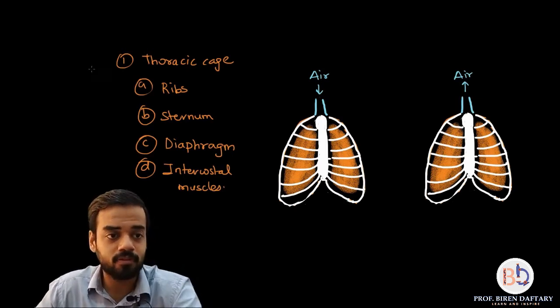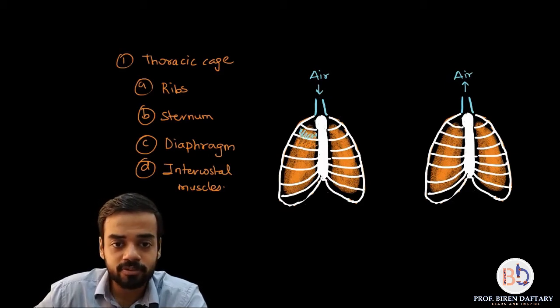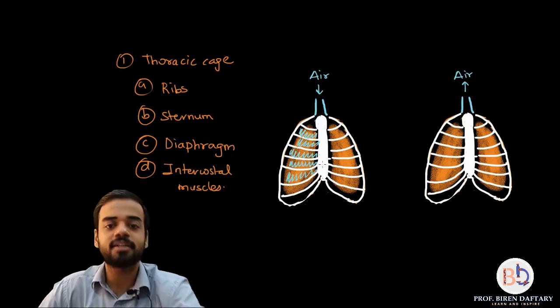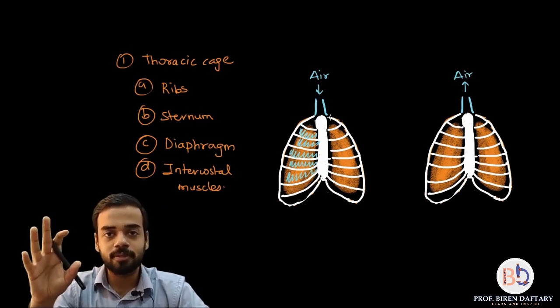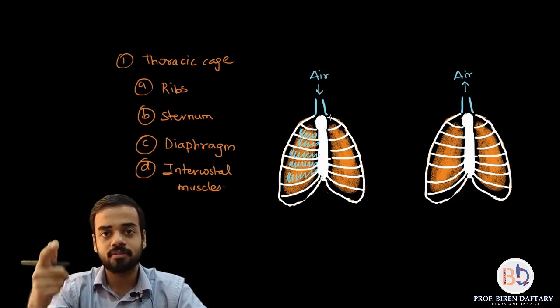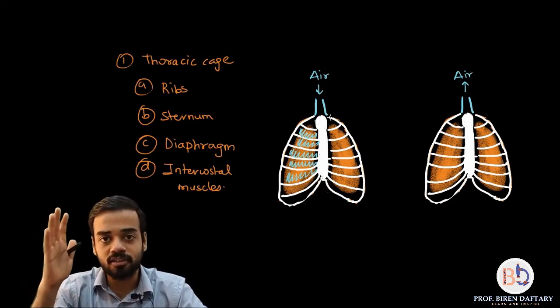If you want, I will show. So the muscles present between the ribs, these areas, I will use a different color to shade. If I'm shading these regions, basically the space between the ribs and the sternum is covered entirely by the intercostal muscles. So four things which help in breathing: ribs, sternum, diaphragm, and intercostal muscles.